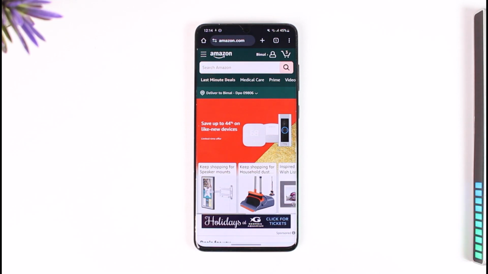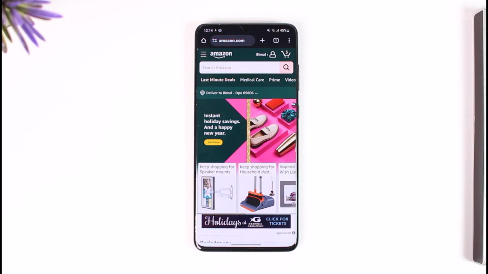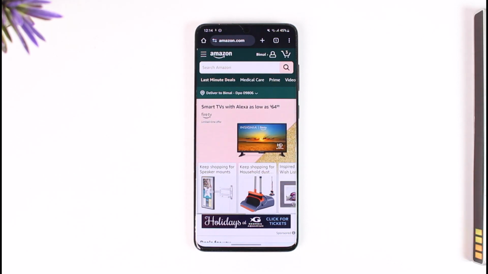In today's video I will guide you on how you can log out your Amazon account from all devices, so make sure to watch the video till the end. Now if you want to log out Amazon account from all devices, log into Amazon using your browser, which is